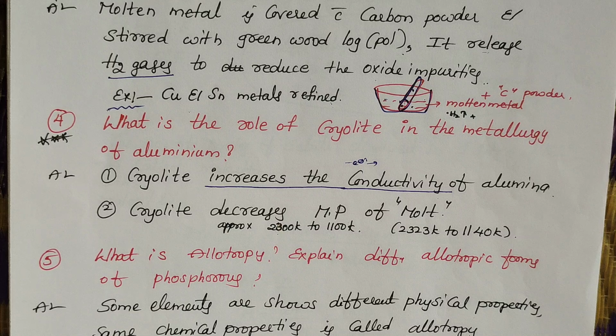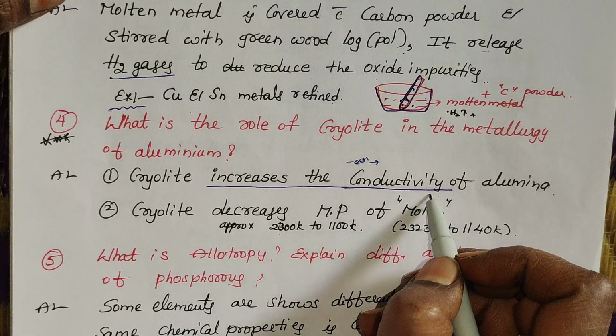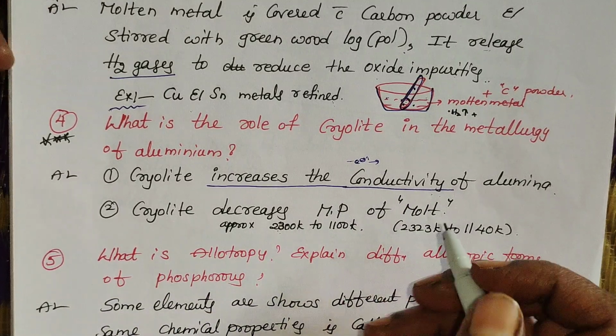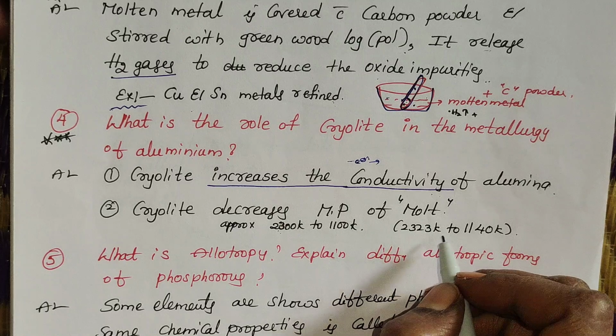It also matters for ore purification purposes. So expenditure is decreased. This way we can utilize this cryolite. Simple: cryolite increases the conductivity of alumina and it decreases the melting point of the melt. How much? 2323